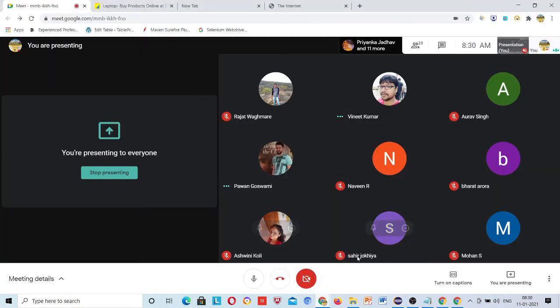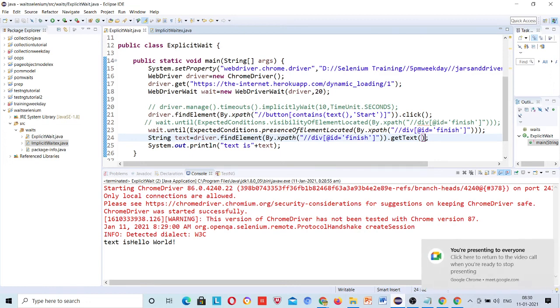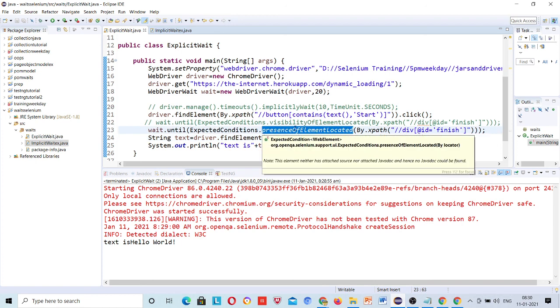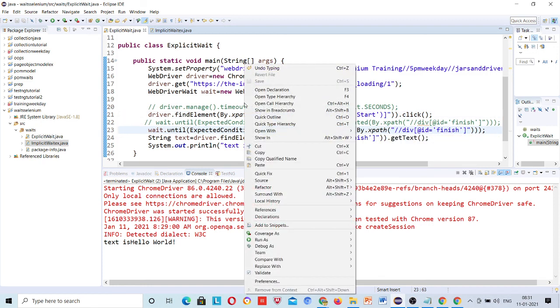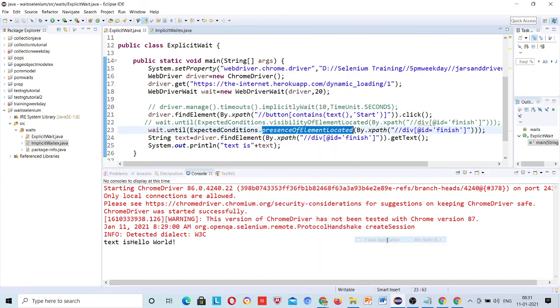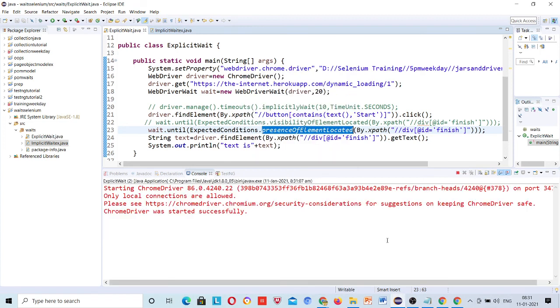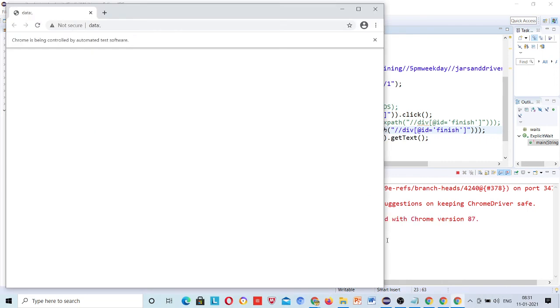Why is this so tough? I guess yes. Yes. Using the keyword guess actually disappoints me. Why guess? It will work. It will look only for the DOM to be present, and the DOM is already present, right? So it will only wait for the presence of that. It will not wait for the visibility also, right? And these expected conditions are present with the WebDriver wait only, or we can say explicit wait only.